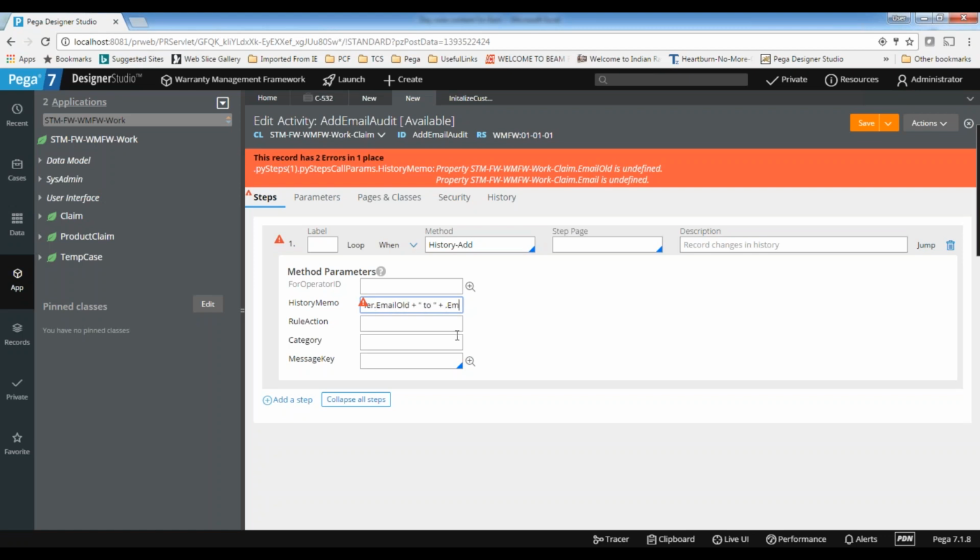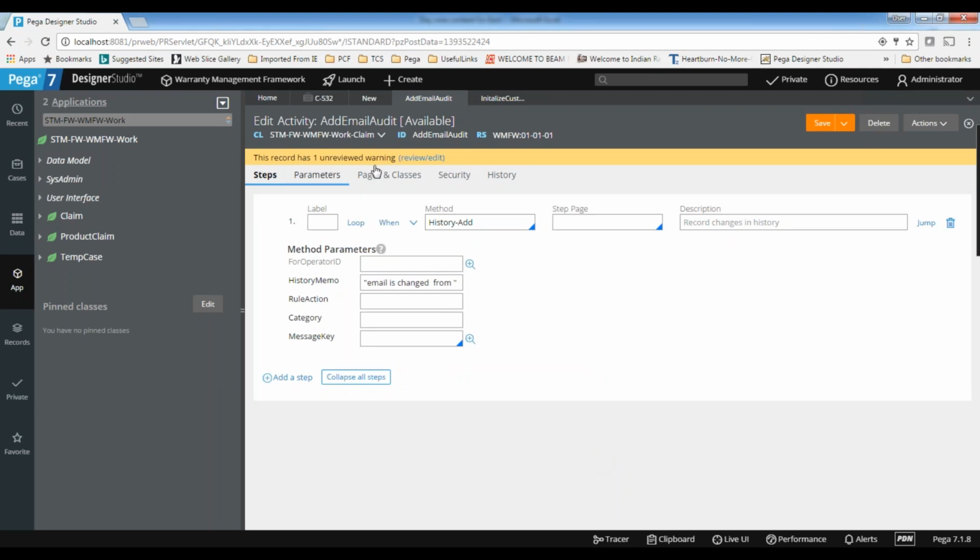Dot customer email old, dot customer dot email. Save it now. Now fine.